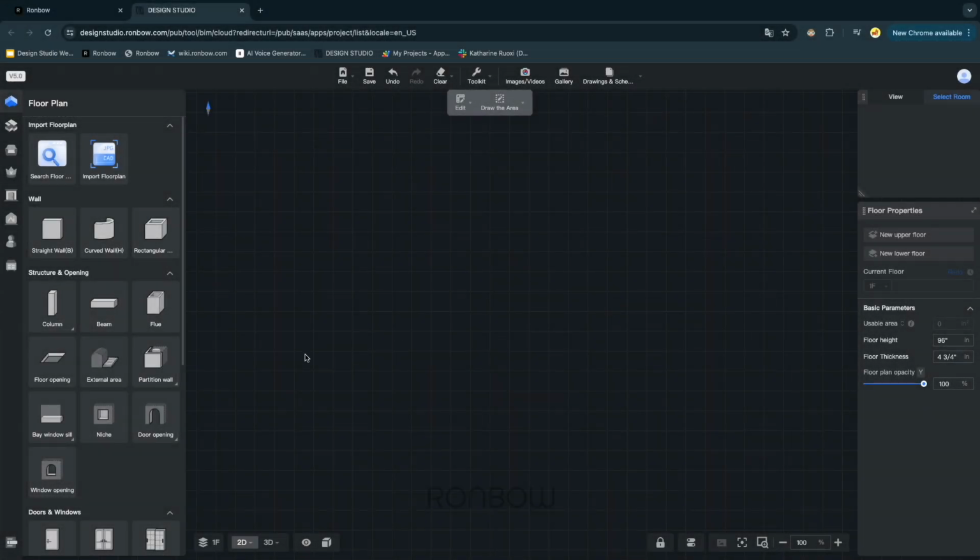Welcome to this tutorial on how to navigate Design Studio. In this video, we will go over the basics of creating a room in Design Studio. When you first load into Design Studio, you will be taken to the Floor Plan tool, which allows you to